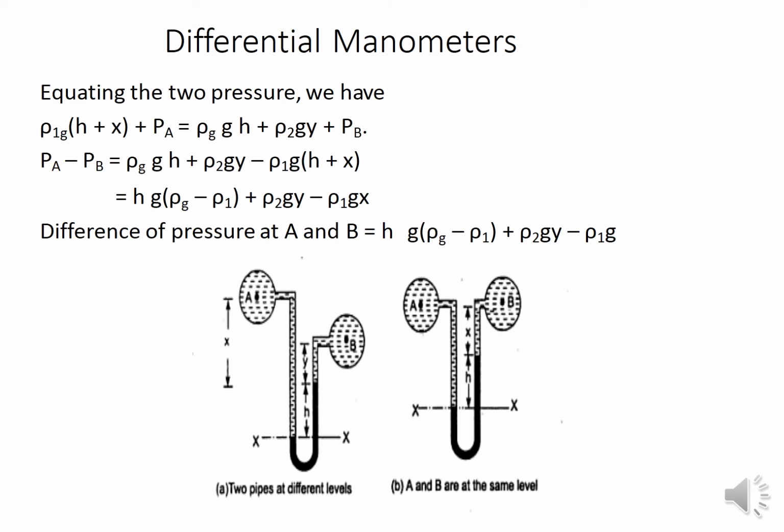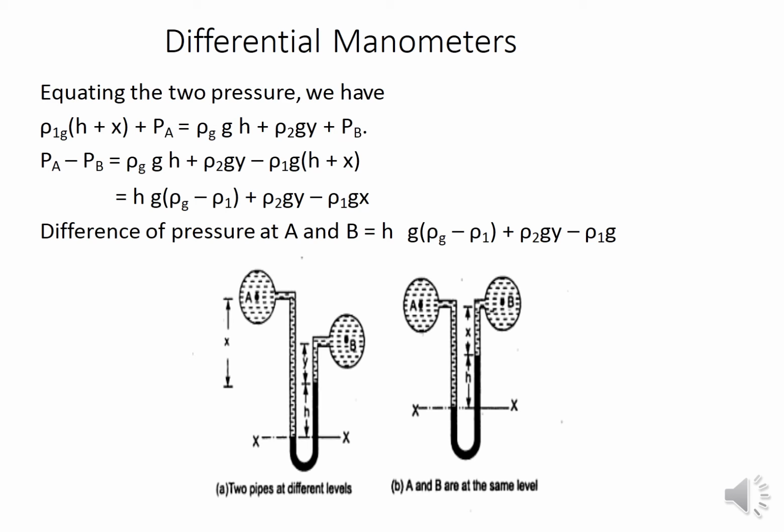So these are not derivations; if you take different conditions, you will get different equations. Just one example is given of how to measure. Here you can see the X-axis in the figure, in the mercury level; the dark black color is mercury. From the center of pipe B, the distance is Y, and from the center of pipe A to the top mercury level is X. So H is the mercury height above the XX line. These things need to be considered.